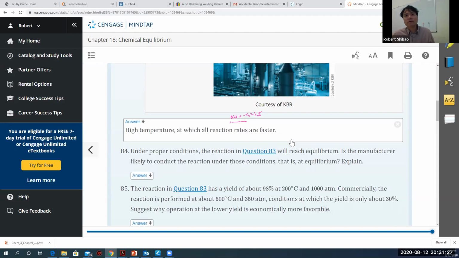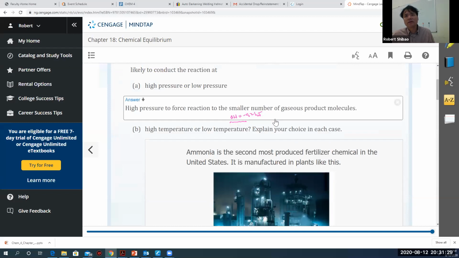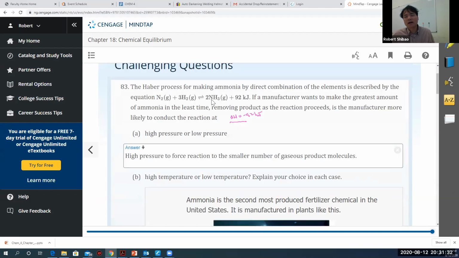And so what they're doing is they're sacrificing some yield. For example, when I was doing the reactions yesterday, I said, okay, I have enough precipitate. I'm not going to wait for it to complete because it's taking too long. And so I have enough. So what they're doing is they're sacrificing some yield